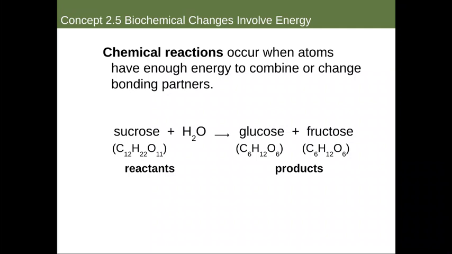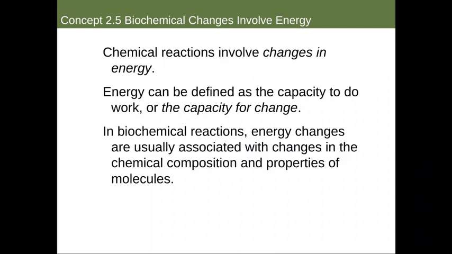What this means is we have some type of change in the configuration of electrons. So, for example, when we take sucrose and water as our reactants right here on the left side of the equation, they will react to produce glucose and fructose. So we can see here C6H12O6, C6H12O6. Now, those both have the same chemical formula, but we know from our lesson on carbohydrates that they have different structures. So chemical reactions also involve a change in energy, which can be defined as the capacity to do work